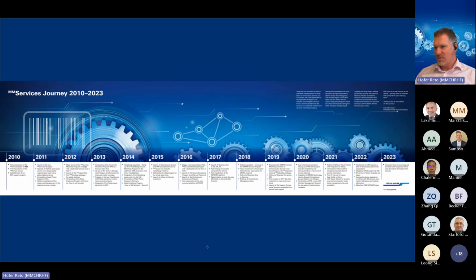Then our service journey, which we have updated, which we're going to show at Drupa this year as well. It really should illustrate to customers that service for us has not just started in 2024. This has been a process over the last 15 to 20 years that we have started really to incorporate services into our product portfolio. So it started 2010 at IPEX, where the first time we actually introduced this new concept